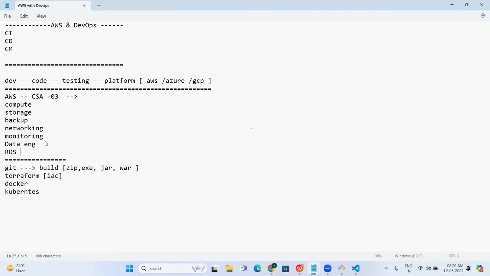We'll try to create databases like Oracle, MySQL, MS SQL. That's all relational data. RDS means relational database service. We also have some NoSQL databases, like MongoDB. In AWS, we have DynamoDB. Those things also we'll try to cover.